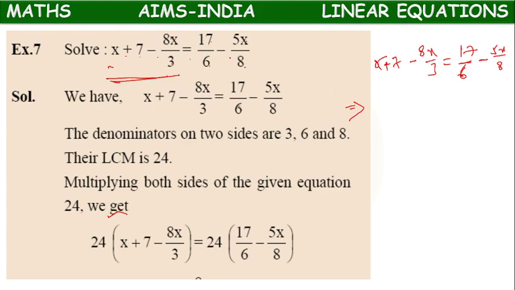What are the denominators? 3, 6, 8. To find the LCM: with 2, 3 will be like that only; 2 threes are 6, 2 fours are 8. Again with 2, 3 will be like that only; 2 twos are 4. So the LCM of 3, 6, 8 is 2...